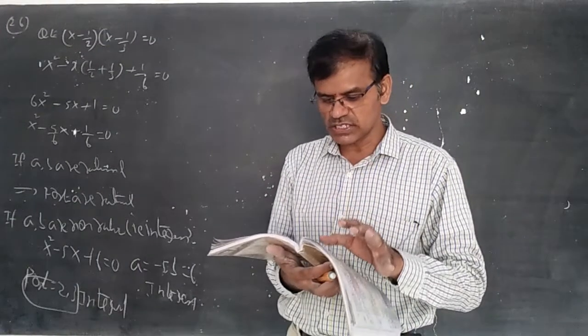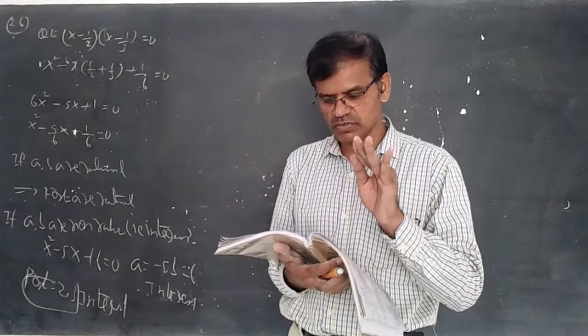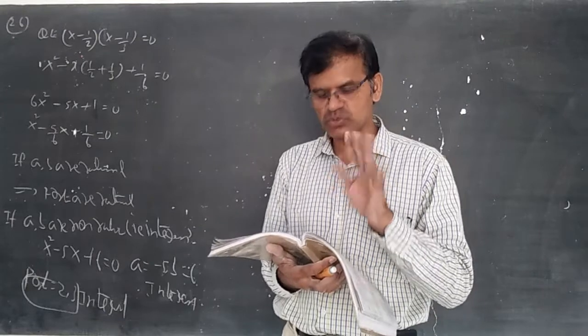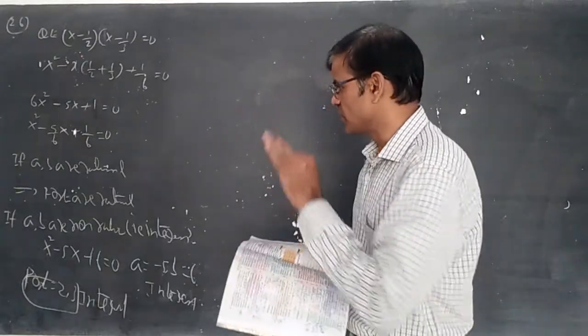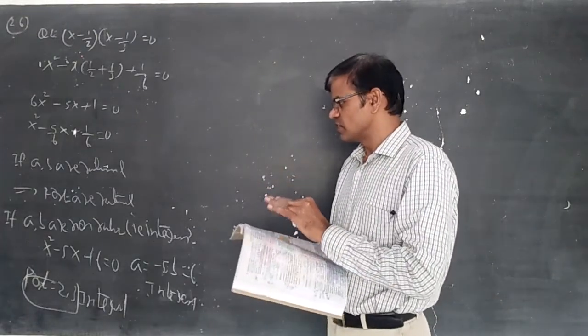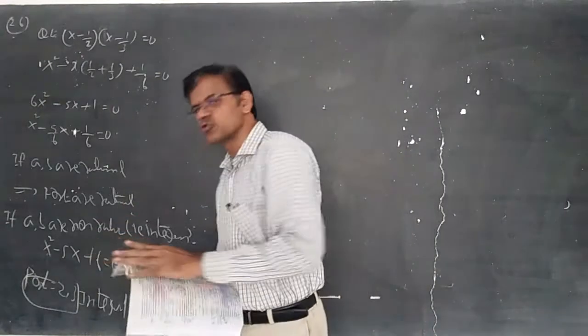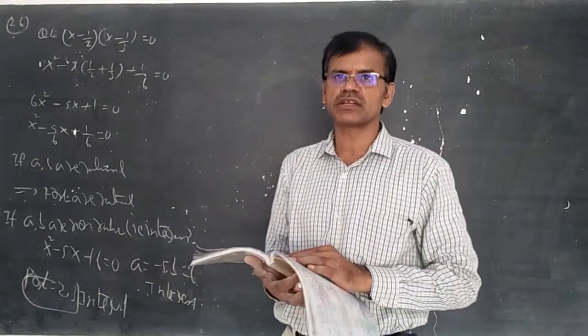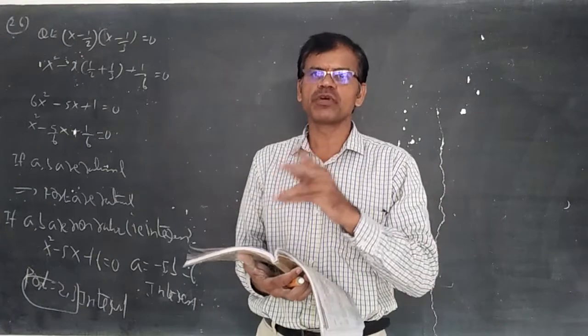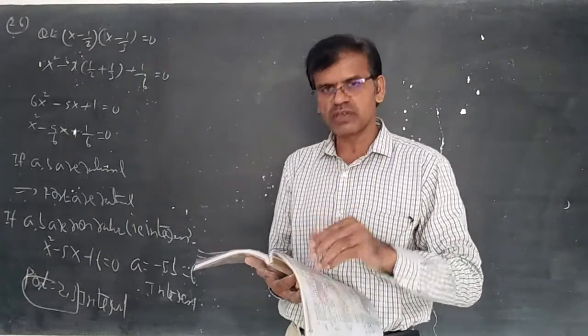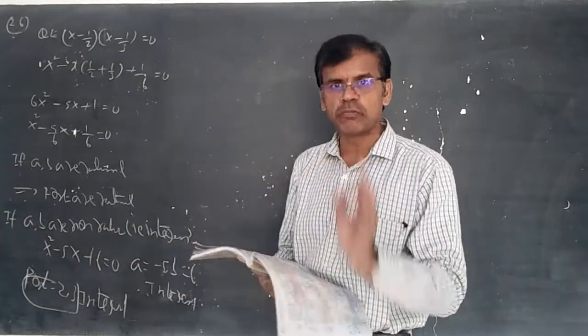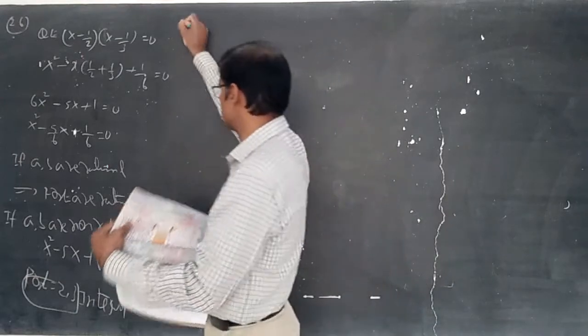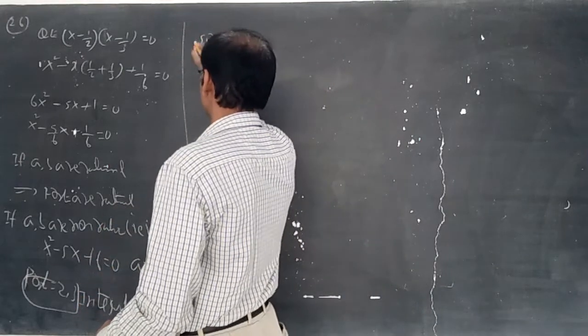If A and B are integers and the roots of x square plus ax plus b equal to 0 are rational, then these roots must be integers. Correct. Whenever they are rational, 2 by 1 and 3 by 1 you can write. A rational number has the form p by q where q is not equal to 0. That is why if it is rational, it should be an integer. It is the correct answer. So S1 is true.